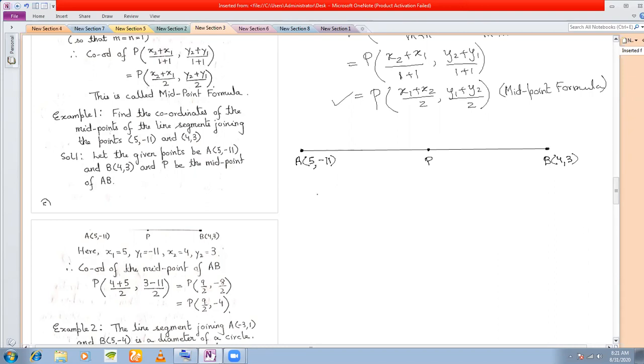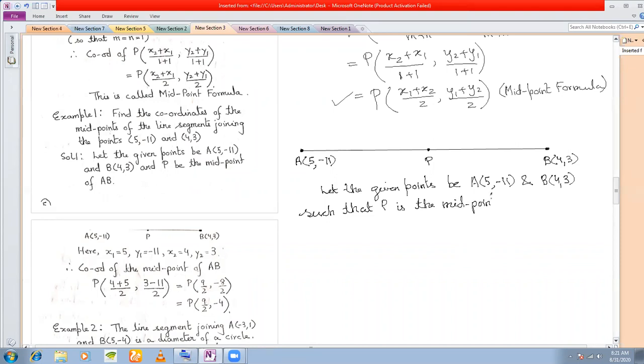Okay, so we'll start by saying let the given points, because we are naming the points, so I'll write let the given points be A (5, -11) and B (4, 3), such that P is the midpoint of the line segment